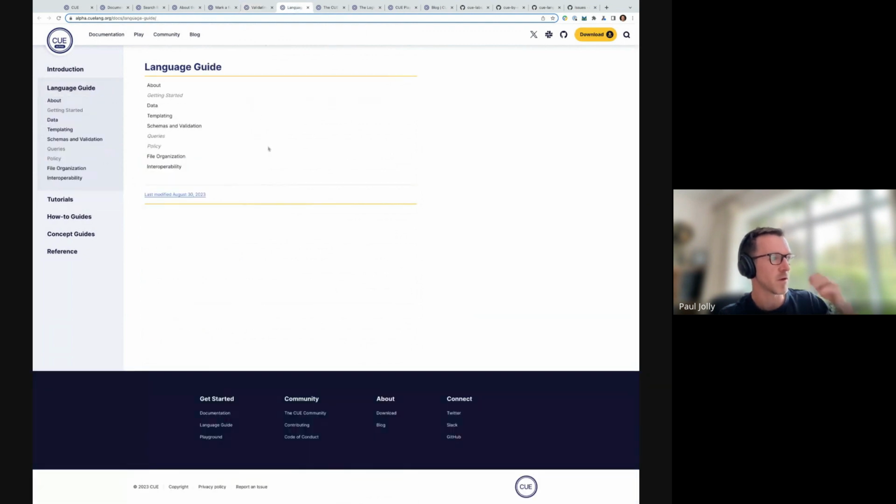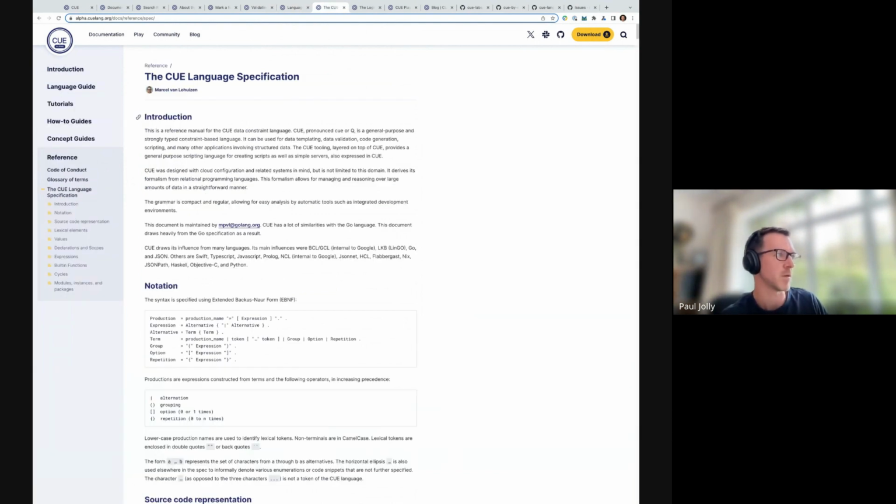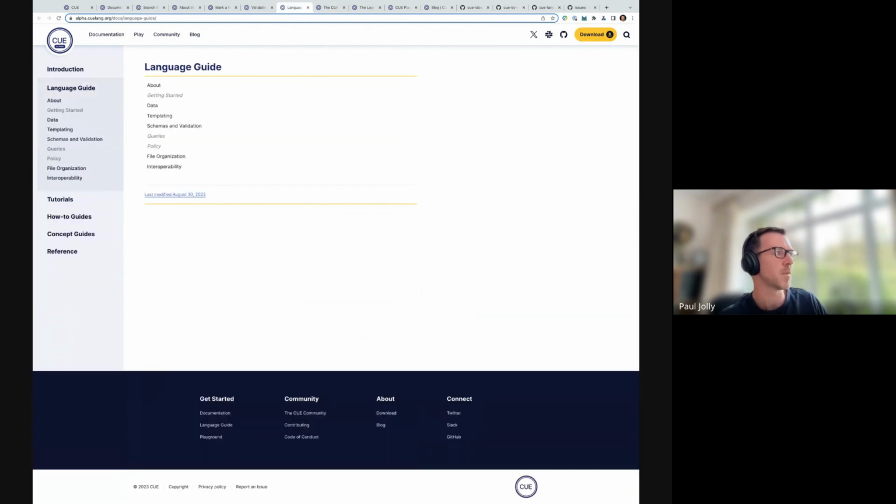Skipping on to the language guide. The language guide is actually one of the key parts that is being worked on right now, that is designed to be a replacement for most people for the Q spec. Now, the Q language specification still exists as a reference piece of material, but the language guide itself is now being elevated to a higher degree of prominence,